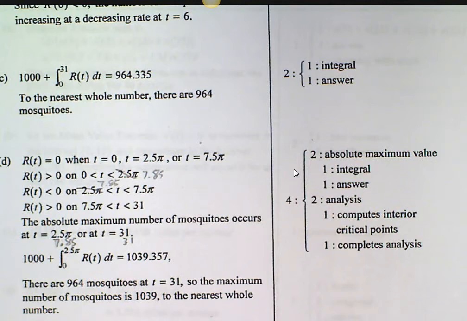So you plug both of those in, or you take the integral of both of those. All right? Didn't we already do the integral here? 964, right? Well, that definitely wouldn't be the answer. 964 is less than it started. So you do the integral from 1,000, from 0 to 2.5, you get 1039. Okay?